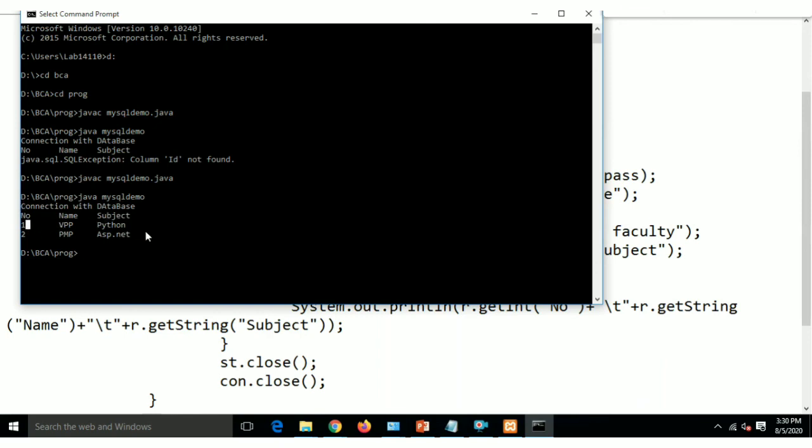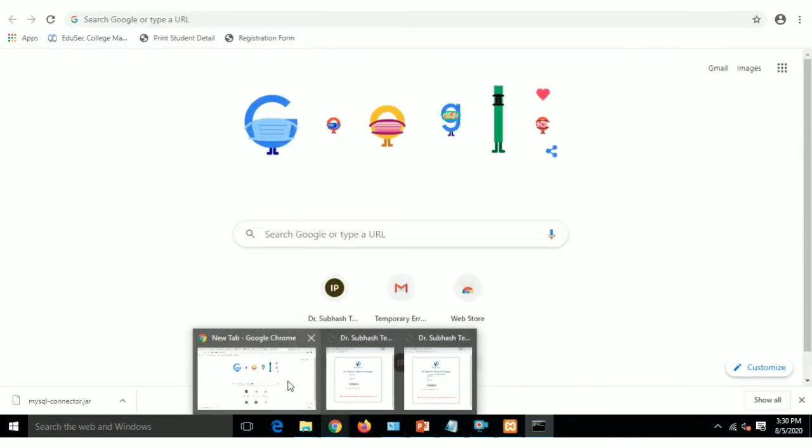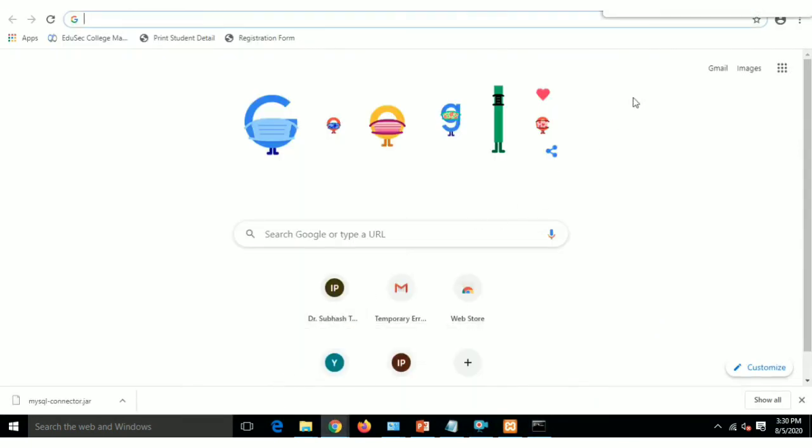So to connect with MySQL, you just have to change the driver string and the database URL. All the statements and functionality are the same in all types of database connectivity. You just have to change the database URL and the driver.